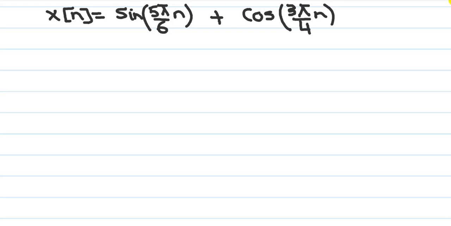Okay, dear student, now let's have another example. This time the example is about a composite signal. You can say the combination of two sinusoidals, and basically the signal involved here is x of n. So what we are interested in right now is to first check if the given signal is periodic